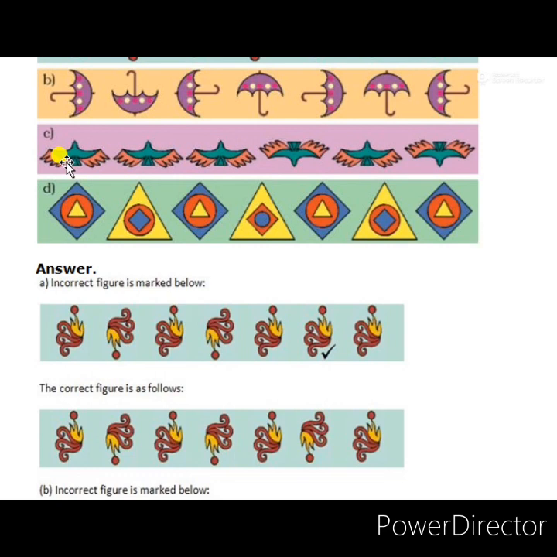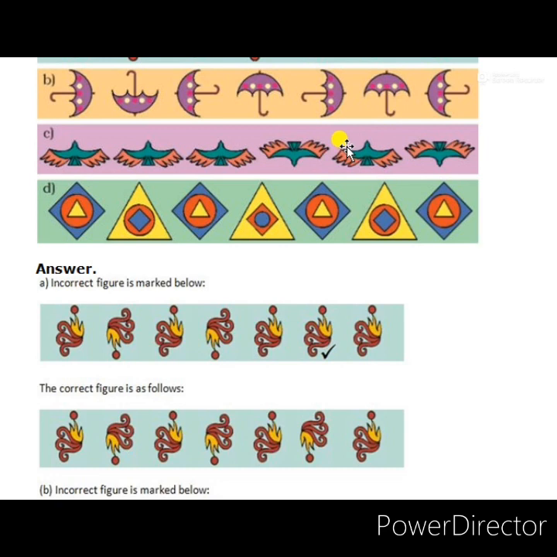But here, the first three birds are flying upward, and the fourth one is flying downward, the fifth one is flying upward, and the sixth one is flying downward. Here a total of 6 figures are given. 3 birds are flying upwards, and the fourth and sixth are flying downwards. But in the middle, that means the fifth one is breaking the rule.